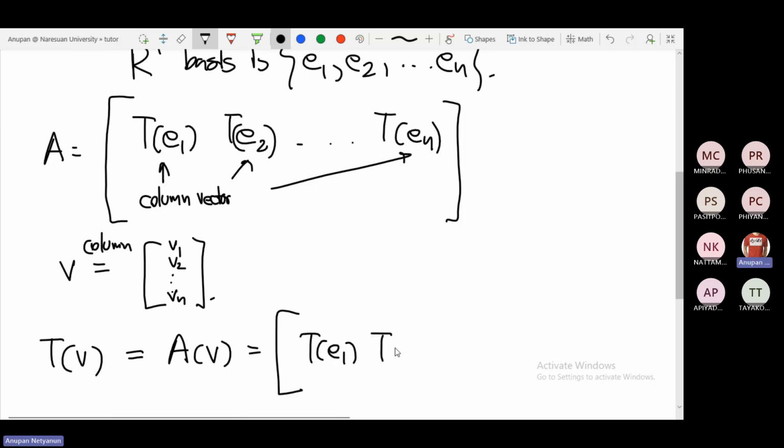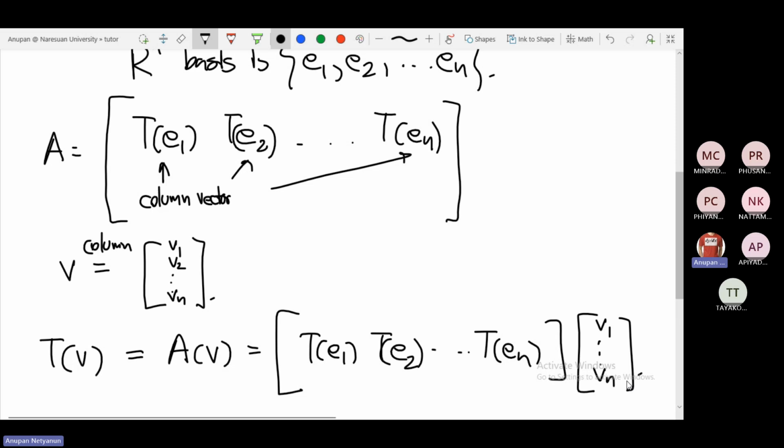So what you have is TE1, TE2, and so on up to TEn, multiplied to V, which is V1 up to Vn. นะครับ ก็เป็น matrix A ที่เกิดขึ้นนะครับ แทนที่มันจะเป็นในรูปฟังก์ชัน เราสามารถหา matrix A ซึ่งกลายเป็นผลคูณของ 2 matrix แทนได้ ซึ่งวิธีหาก็คือเอา T ไปกระทำกับสมาชิกในฐานธรรมชาติ ก็คือ e1 ถึง